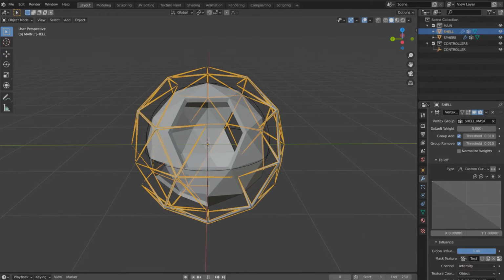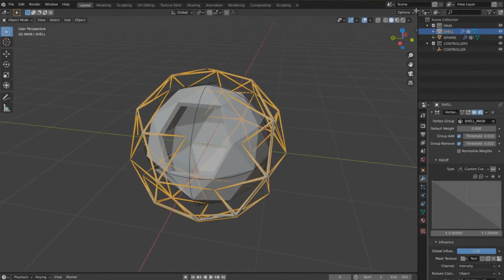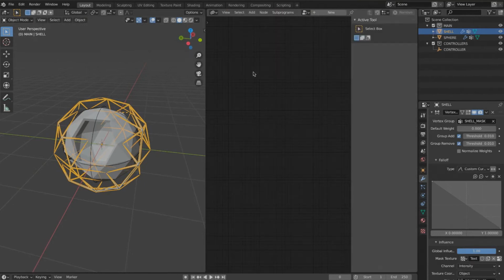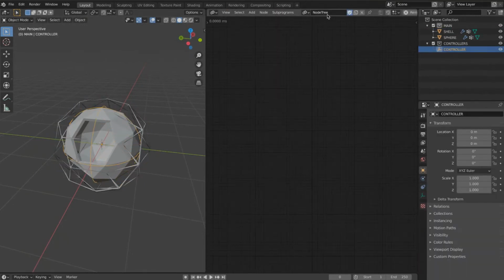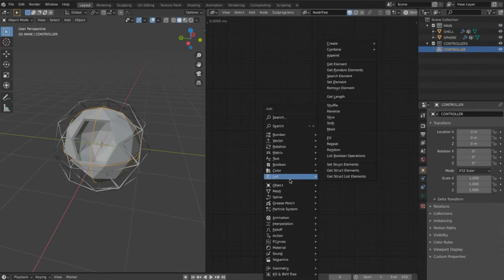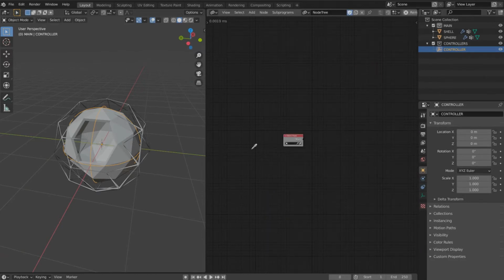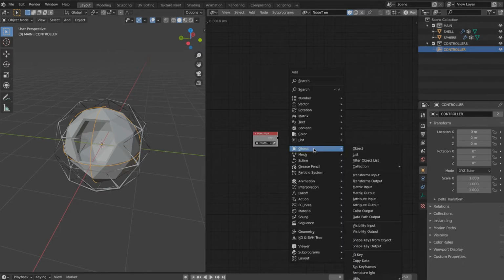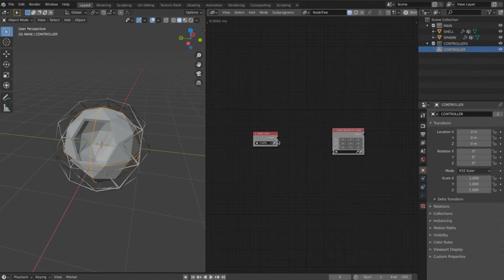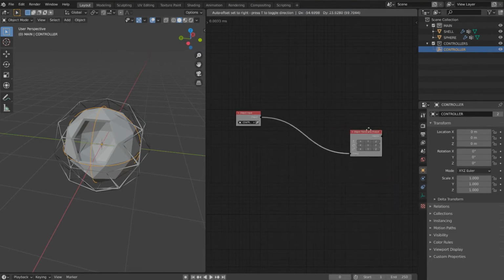Next, we set up the animation nodes. In this case, we take an object in the animation nodes. Remember to create a new node tree. We select the object, then we select the output, the output of the Z rotation.